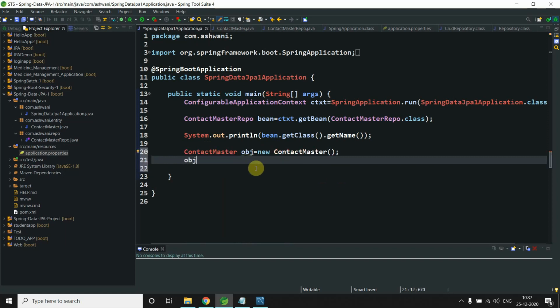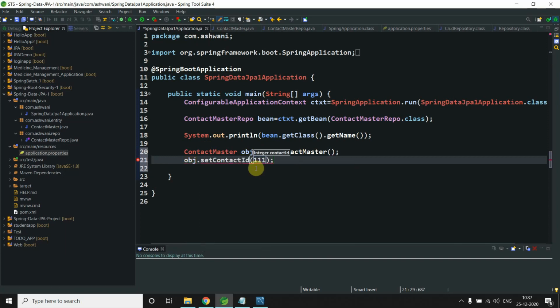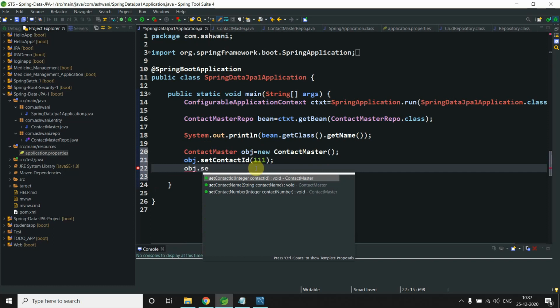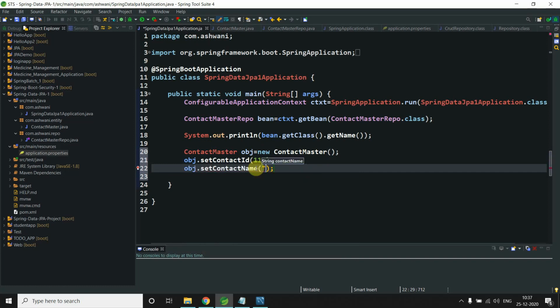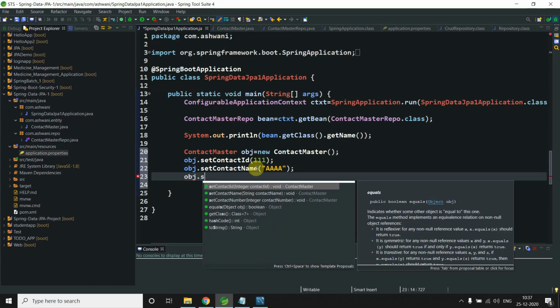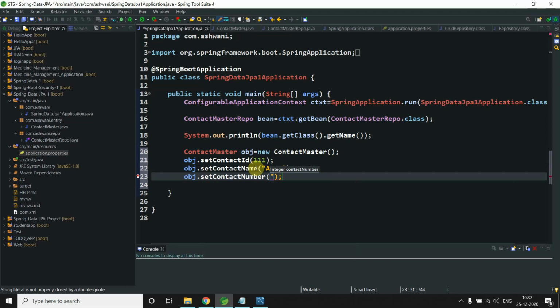obj dot set contact id is 111, and obj dot set name we will say a, anything, just for example. Set contact number we will say 9756, anything, just for example.